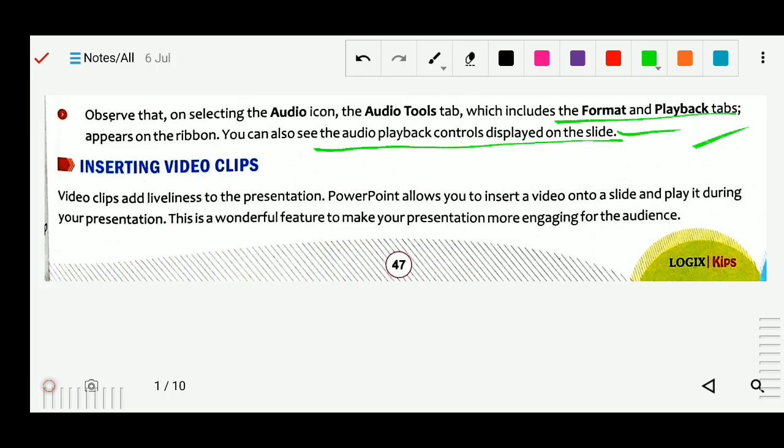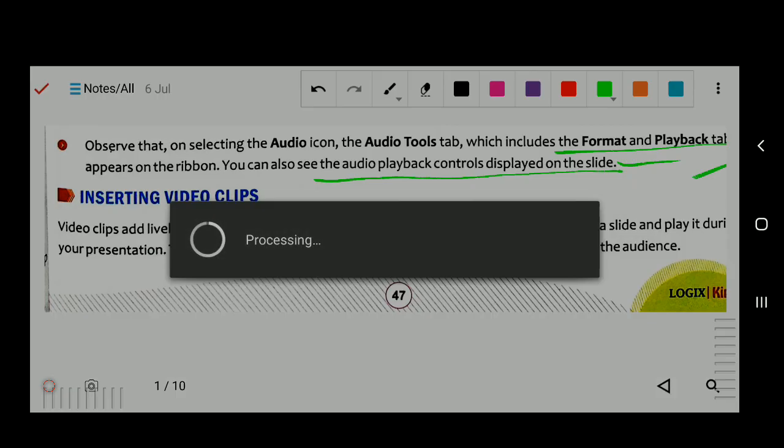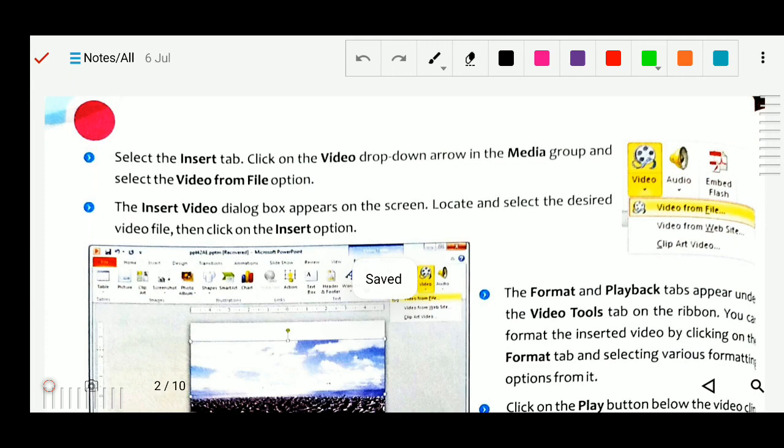Next is inserting a video clip. Inserting a video clip is the same method as inserting audio. How can we insert the video? For that we select the Insert tab. In the Insert tab you can see a video drop down arrow.